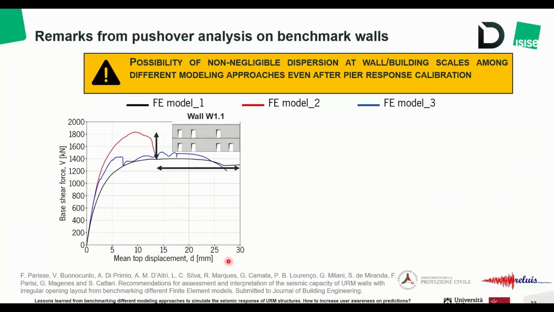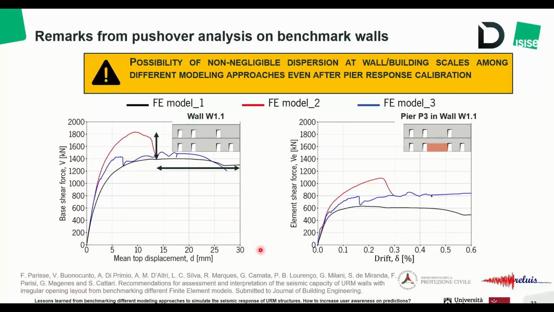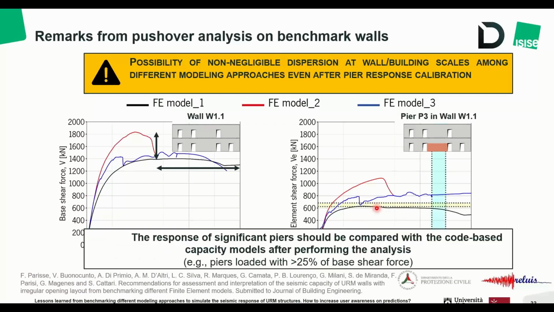But if we check again in the pushover curves, we can see some differences in terms of base shear force and in terms of displacement capacity. But if we again perform some checks at the pier scale, so we analyze basically the squat pier at the base of the wall, which mostly controls the response of the pier, we can see that it's this pier that behaves differently between the three models. So we could explain the differences of the pushover curves. And our recommendation is to check the response of significant piers with the code-based capacity models after performing the analysis